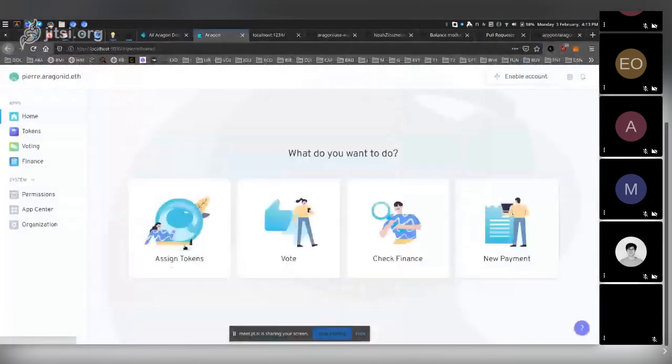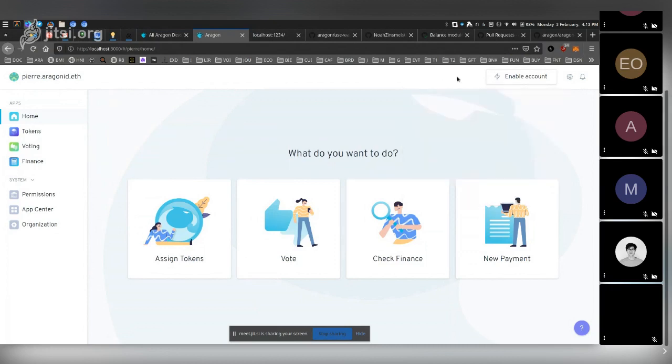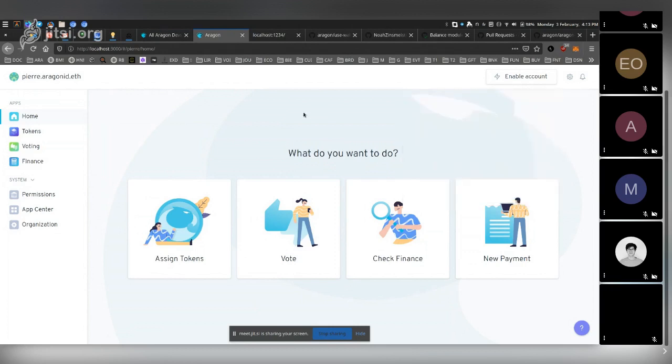Cool. Okay. So we're working on this new feature for the client to have multiple providers, so that people can decide if they want to connect to the injected provider, most of the time MetaMask, or to other services. Before that, when people clicked on this button, it first tried the injected provider, and then if it wasn't responding, it tried other types of providers. So it's going to be much better for people, much more flexible, where they can have MetaMask installed but decide to connect to another provider, for example.